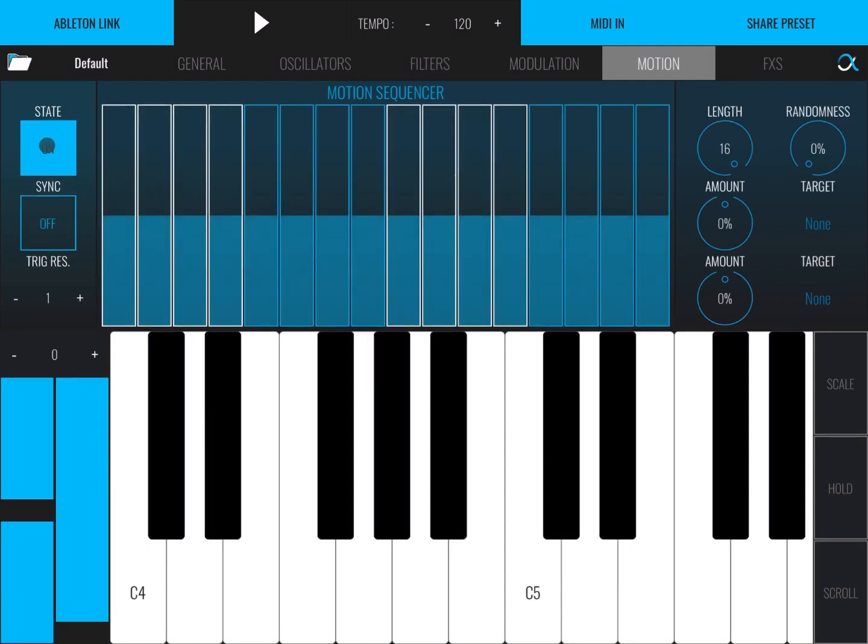There is a state here, as you can see. You click on it and it is on. Now as you press a key, as you can see, it moves across from one step to the other. So you can move across the steps pressing keys on the keyboard, or if you prefer running an arpeggiator,